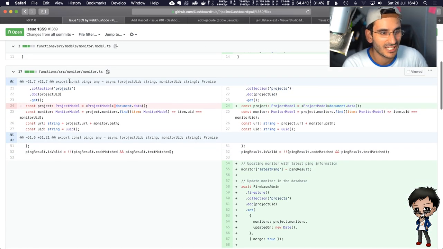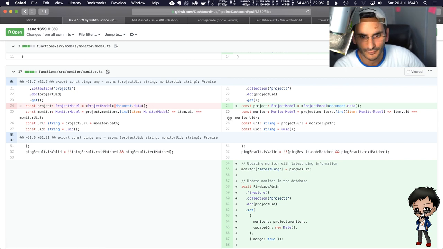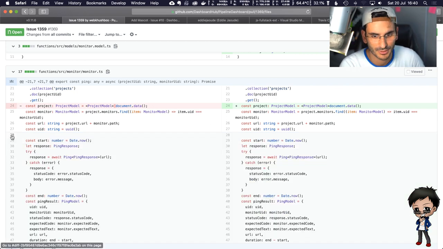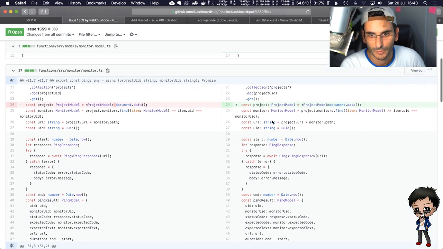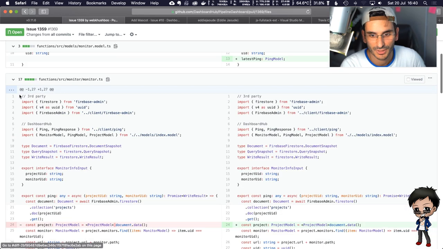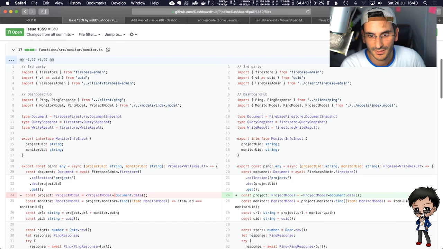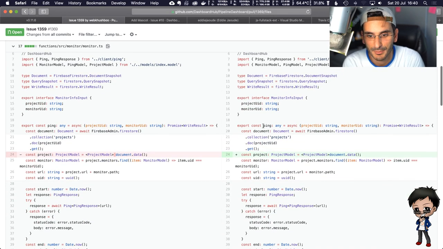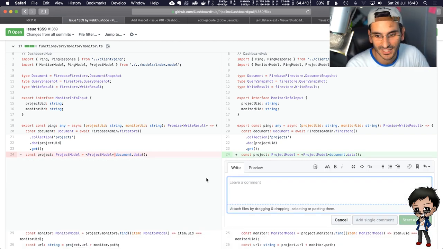And then here we have the actual monitor function. Let's open this out a bit bigger. What this function does is the actual ping function. So this is a diff. No, the lines were already there. Oh, I see, Kush, I think in the commit that space got removed again. I think it must be to do with your auto formatting. So what I can do is put a comment in here, and there are actually two things that can be done here. This is really interesting.